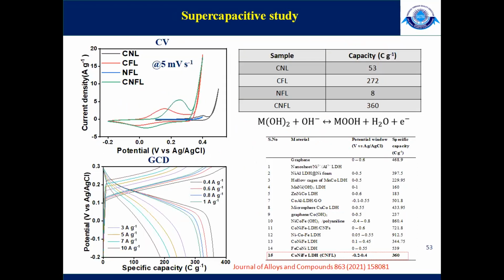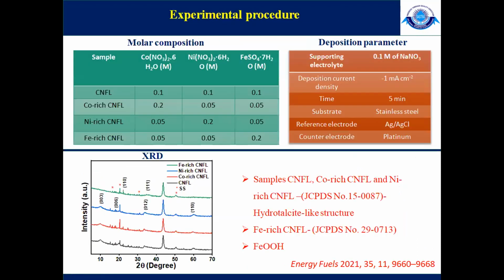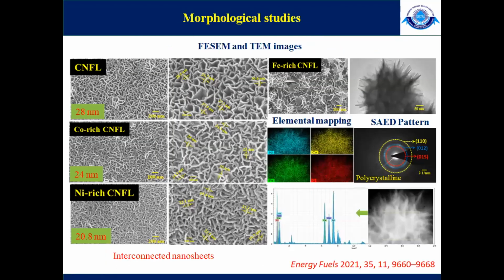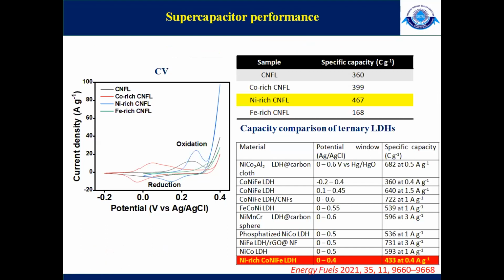I would like to show the capacitive performance of this. For the ternary layered double hydroxide, we changed the concentrations of these metal ions. So we made three types of electrode materials: one is cobalt rich, another is nickel rich, and the third is iron rich cobalt nickel iron layered double hydroxide. We got the best performance for the nickel rich CNFL sample, and we found a maximum specific capacity of